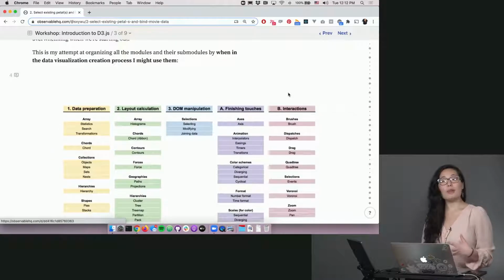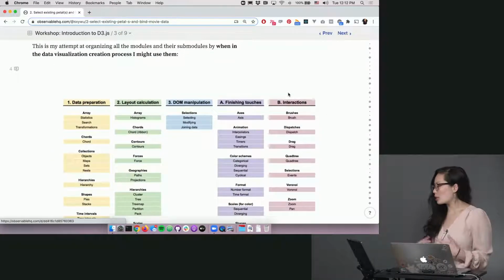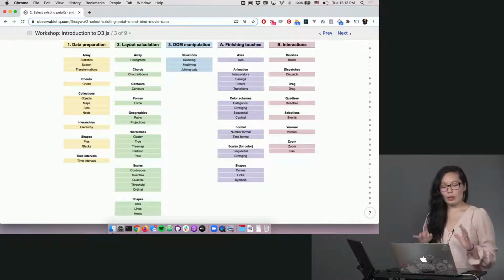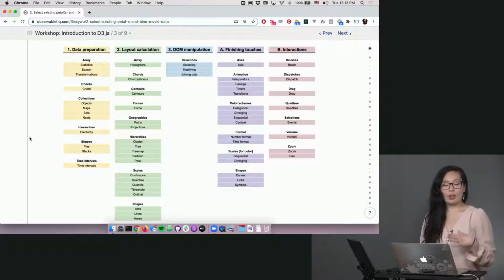So in my attempt at organizing all of these modules and their submodules and functions, all of the, I think, pretty up to date. There might have, yeah, so these are most, if not all, of the modules in D3. And so I've kind of broken them down by